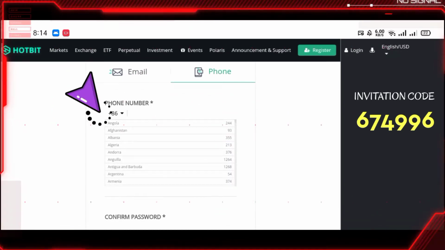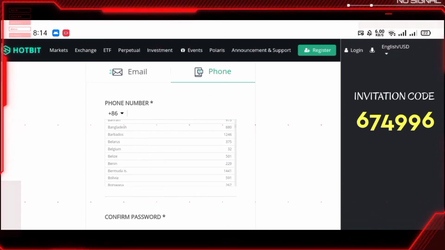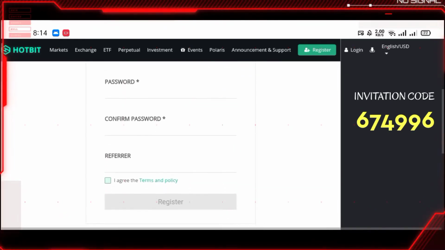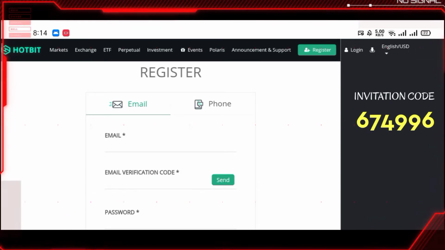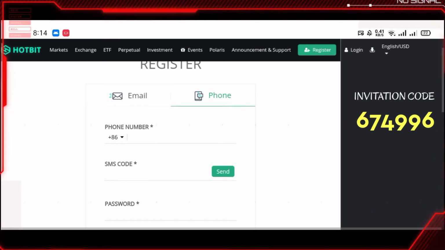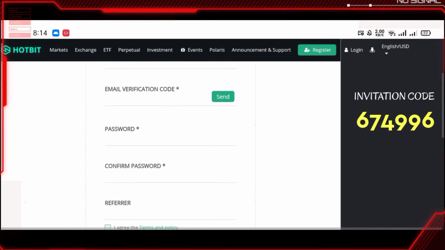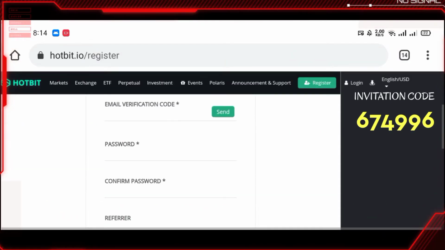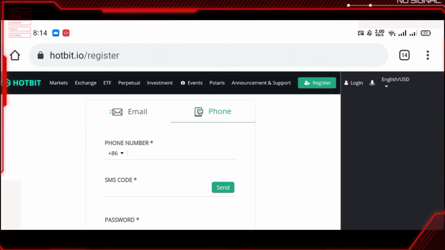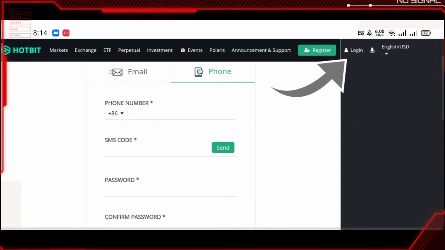In the first section you have to put in your email and click on send. Then you will get an OTP, or one-time password, to verify your email, and lastly simply put in your password. In the second section you have to select your country code first, then put in your mobile number and do the same as the first, verify your mobile number and set the password. In both sections you will get an option to enter an invitation code, and I have included a code in the description. You can use this code, then pass the CAPTCHA and complete registration.